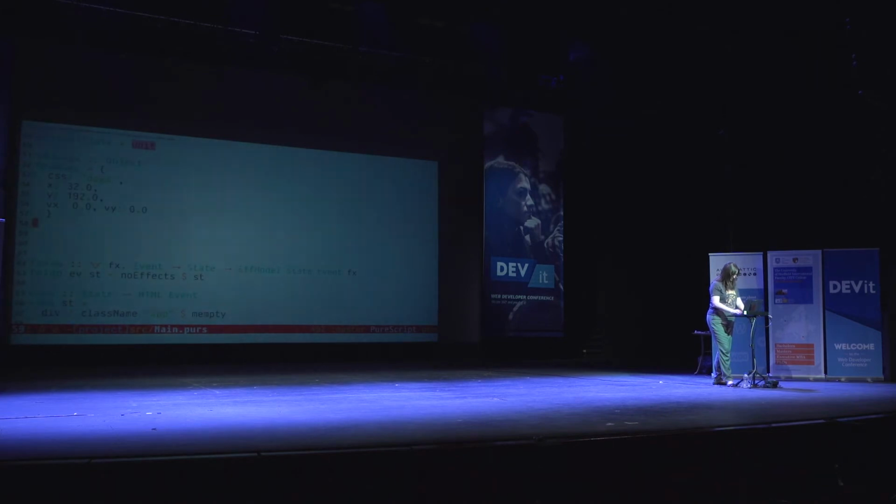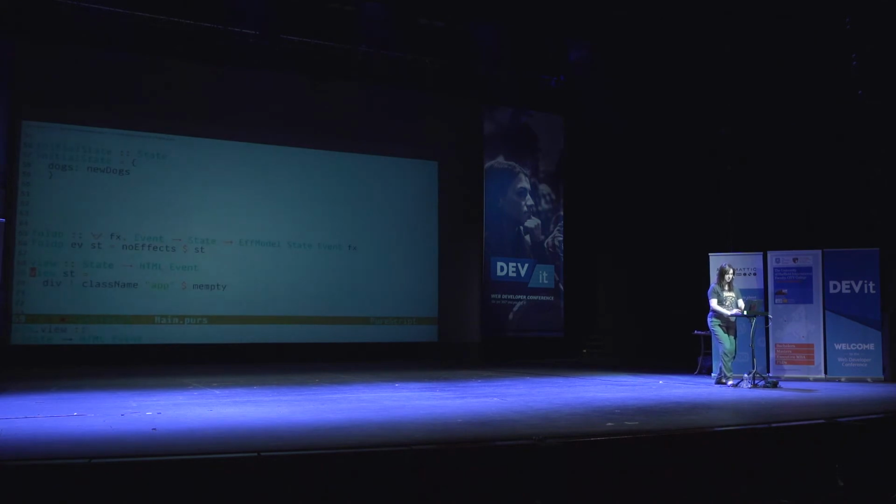And now I can actually put the dogs in the state. I should move the dogs above the state. Not that it matters, just looks nicer. So initial state now, instead of being nothing, is dogs is new dogs. Okay. So now we've got the dogs object in our state, but we actually need to render it as well,